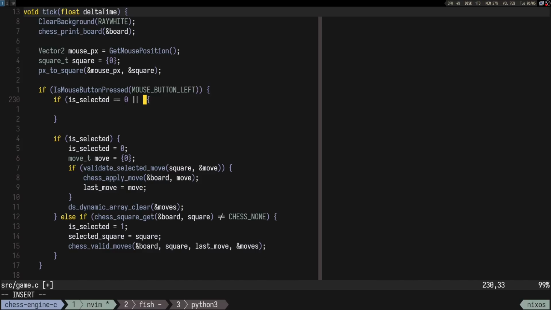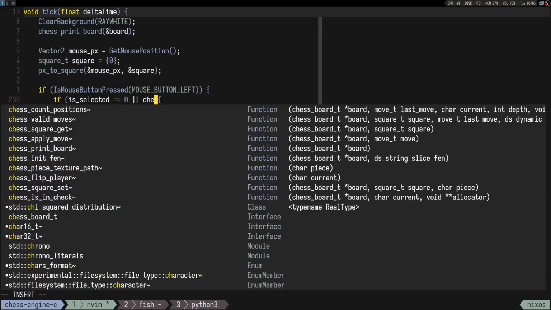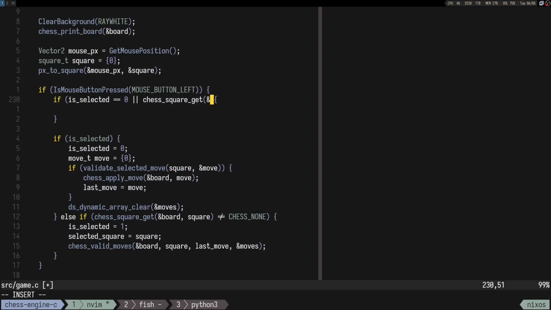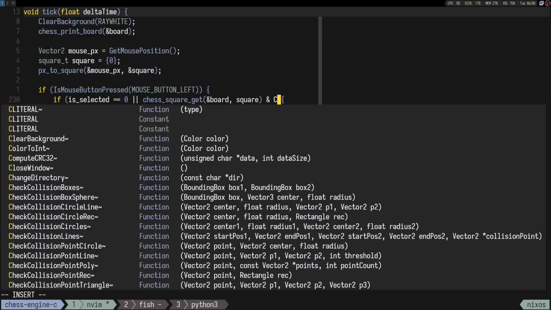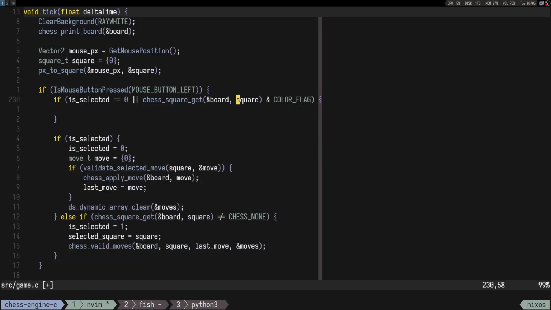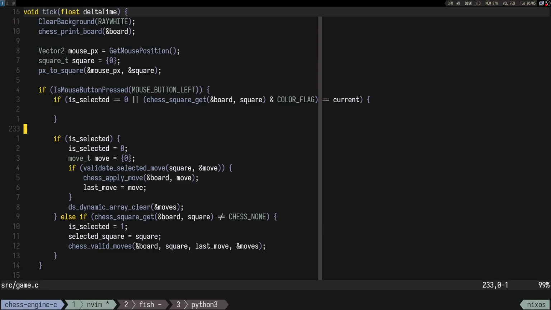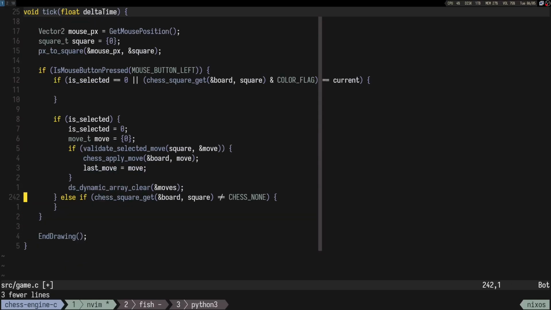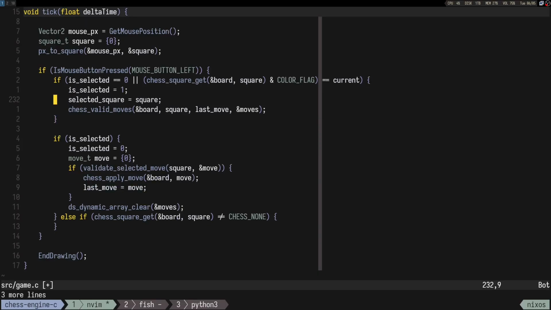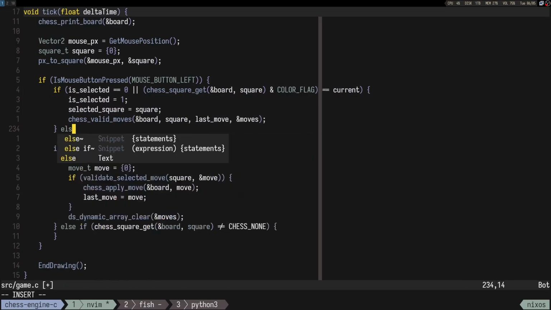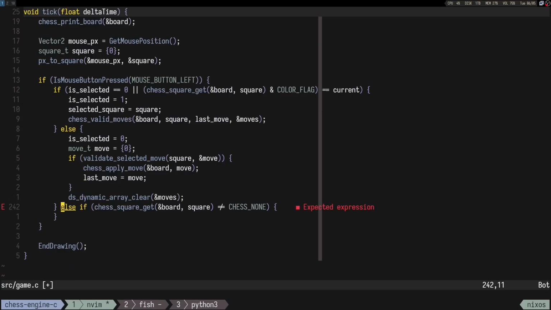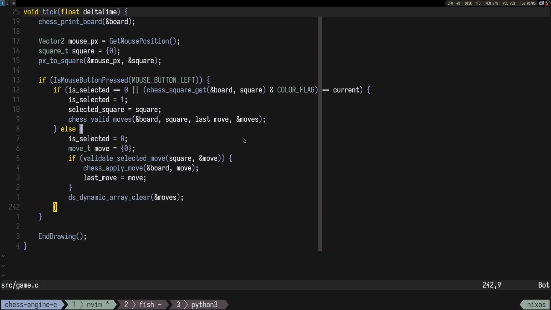Or maybe chess square get of board square and color flag is equal to current, that's when we have to run this one, right? And else if you haven't selected anything, that's when you have to run this one. So if selected is 0,